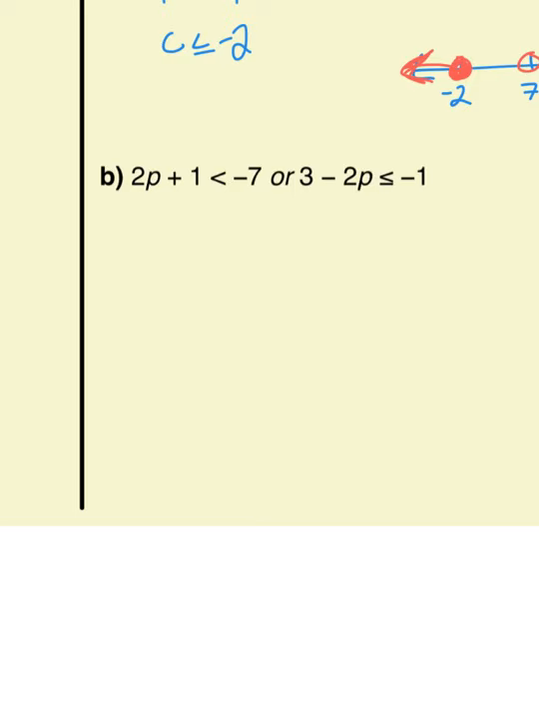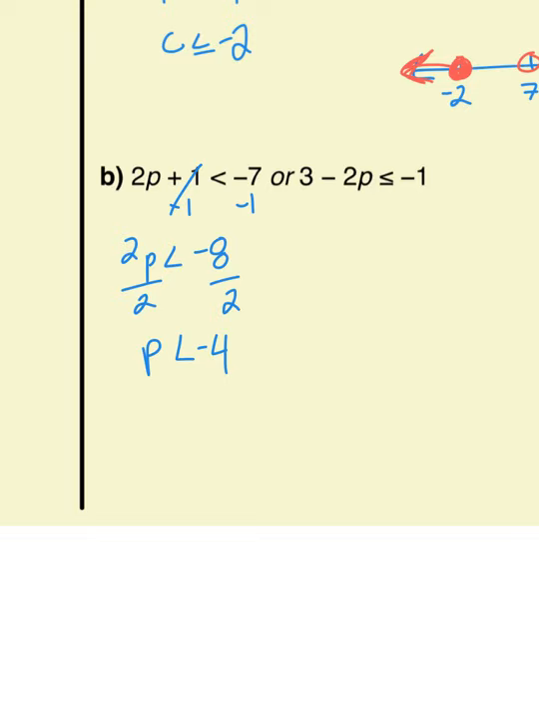All right, part B, I have 2p + 1 is less than -7, or 3 minus 2p is less than or equal to -1. So let's solve for p. We're going to subtract 1 from both sides. I have 2p is less than -8, and divide by 2. So I have p is less than -4,